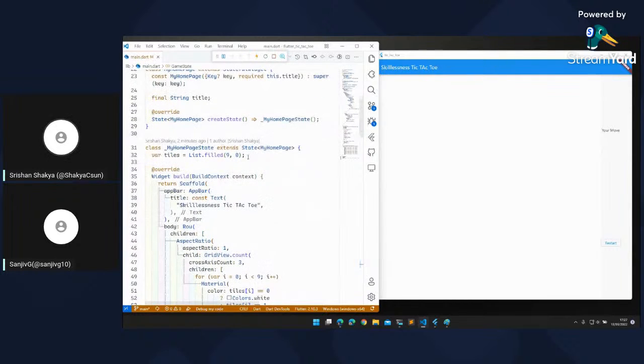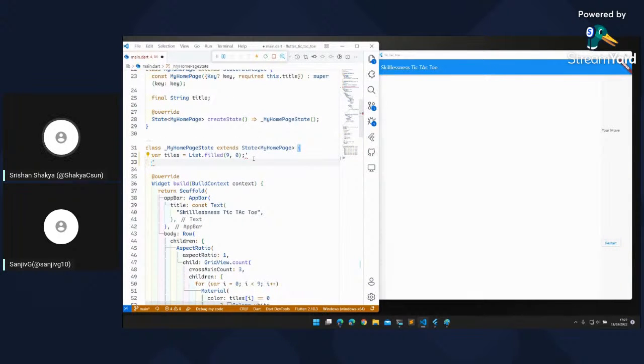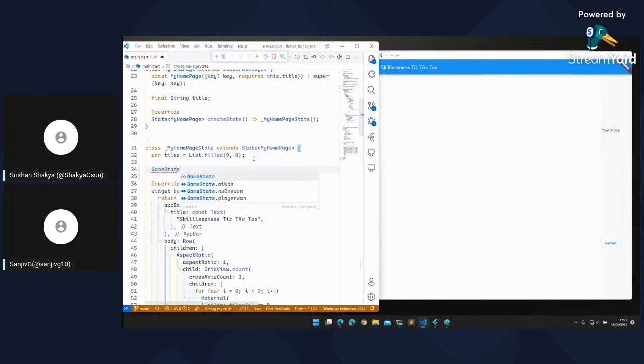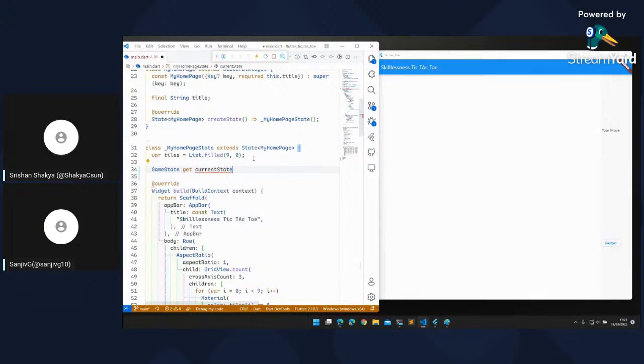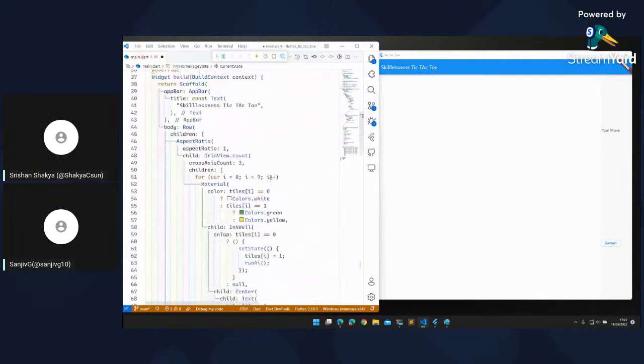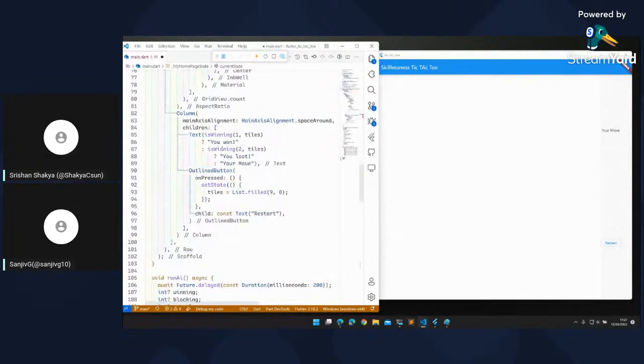And let's create a getter, GameState get state equals to, is winning.